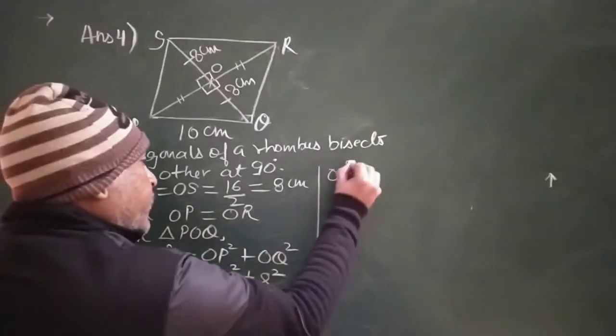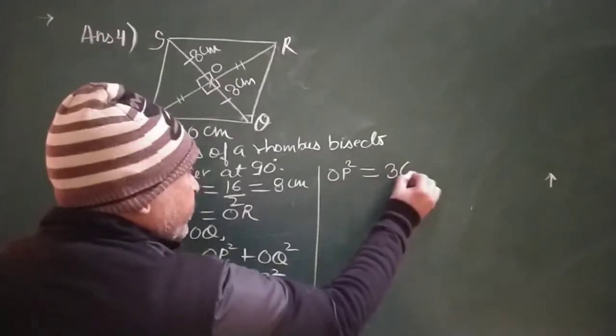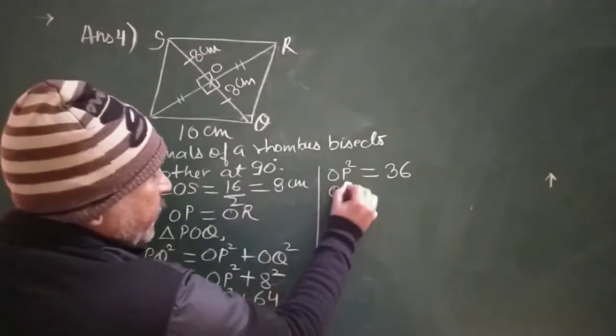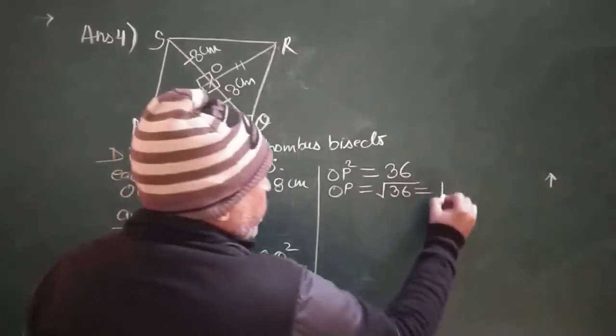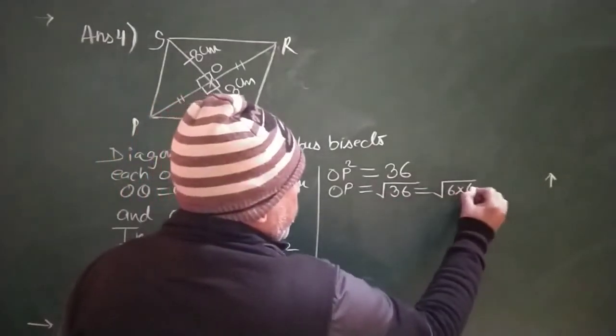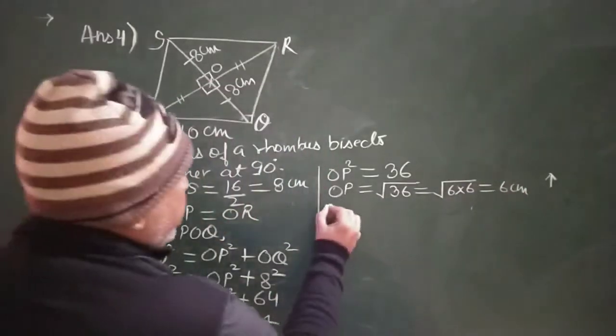So OP square will be equal to 100 minus 64. It is 36. Again, the square will go into the square root. And we all know that 36 is the square of 6. So 6 will come outside, meaning 6 centimeters. Hence,